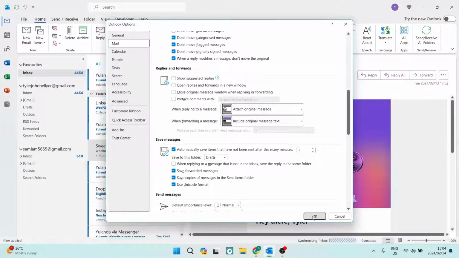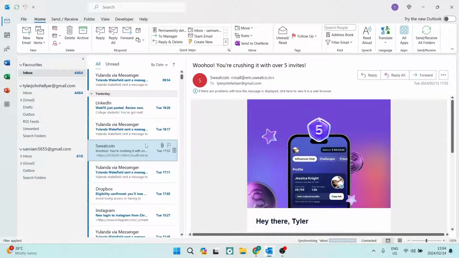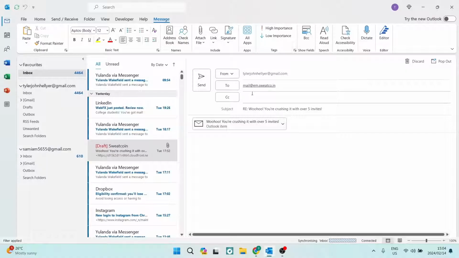So you can just tap on OK on the bottom of that window, and here is an email that I would like to reply all. You can just go ahead here and you can send it, and when it is sent, it will in fact be with all the